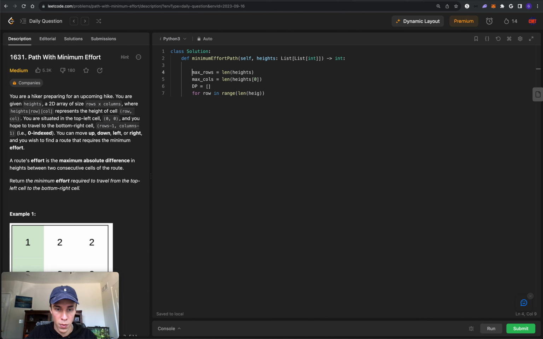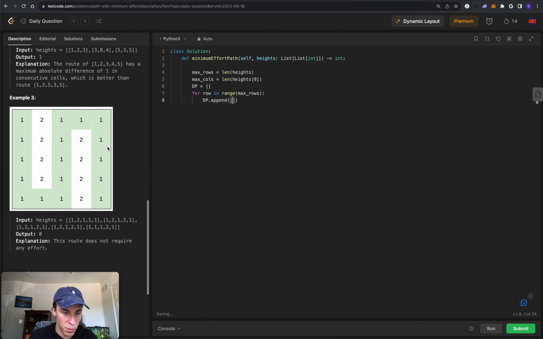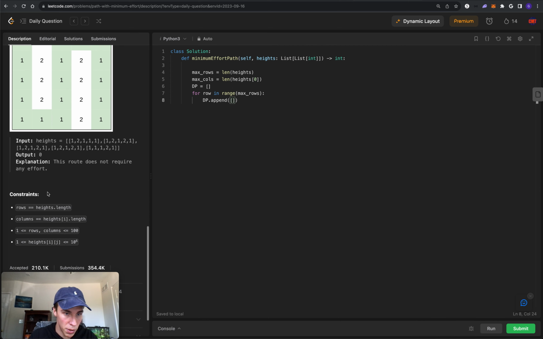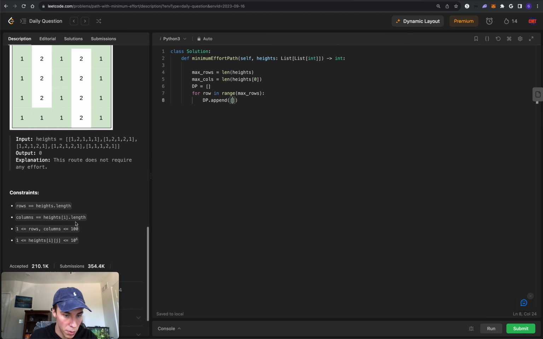So we're first going to iterate over all of the rows, and then dp append, and what value do I want to append? The worst possible case for a climb. And the worst possible case is basically just the biggest difference, so the biggest number that it could possibly be, and that is 10 to the power of 6. Okay, so that is going to be my 10 to the power of 6